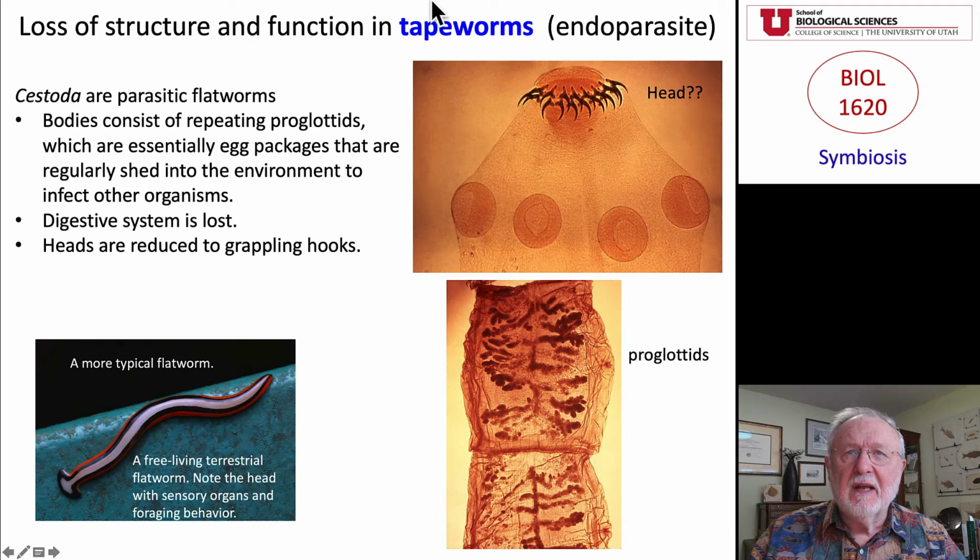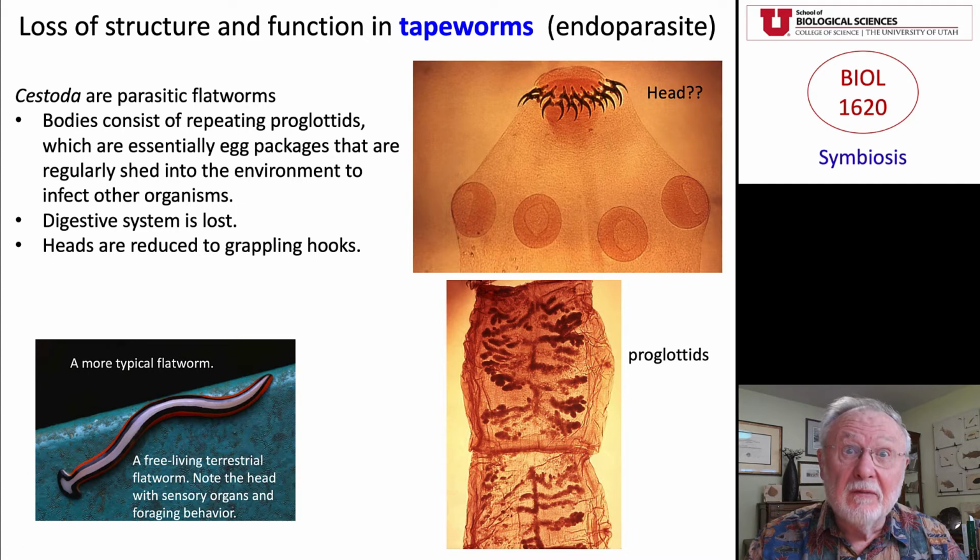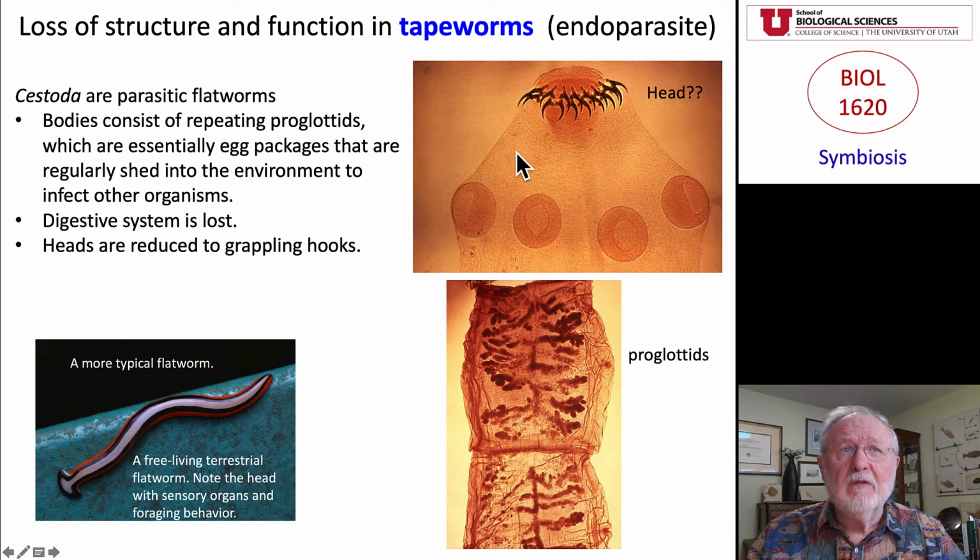Let's consider tapeworms. Tapeworms are an endoparasite, and parasite means that they're taking advantage of their host. Positive benefit for the tapeworm, negative benefit for the host. But they are endoparasites. They operate within their host, in this case, within the digestive tract of an animal system, including humans. What you see when you begin to look at tapeworms is they've essentially lost a head. Instead of a head, it is essentially just a grasping mouth part, taking up resources from the digestive system of an animal system.